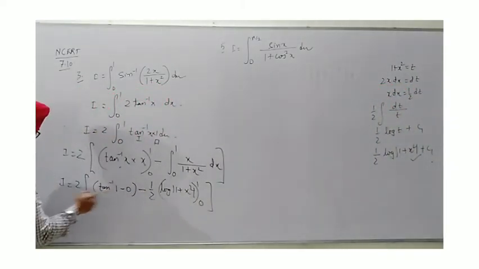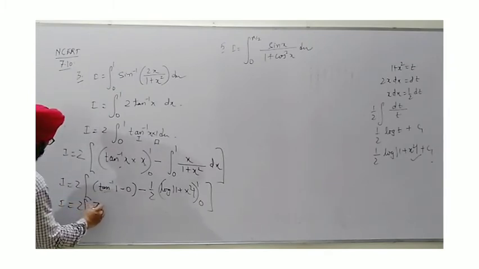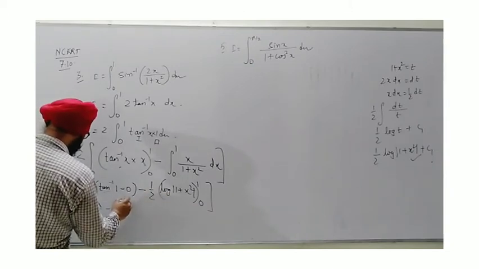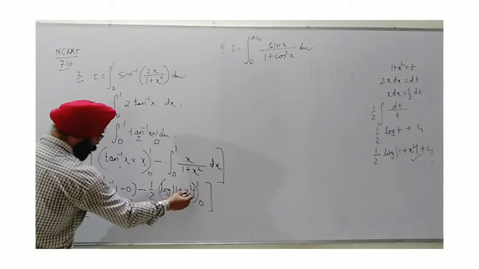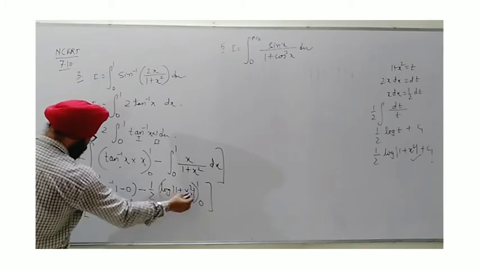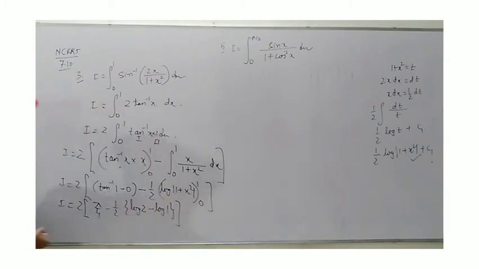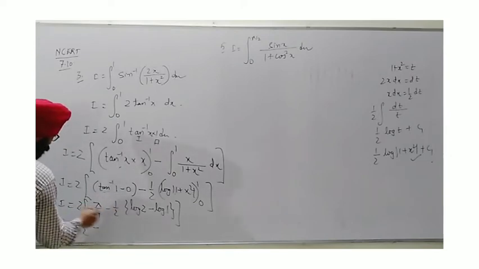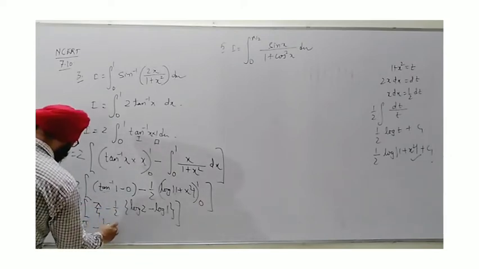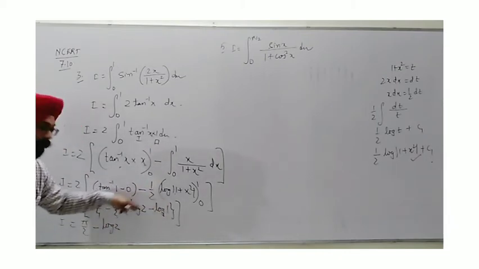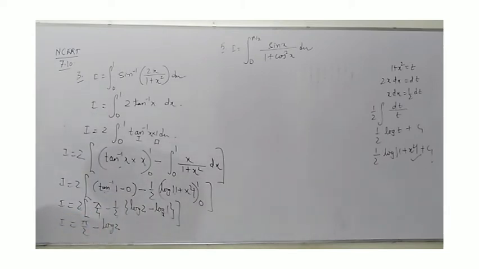Now the bracket gives us twice pi by 4. If I take here minus half, we get the first term as log of 1 square plus 1, which is log 2, minus log of 1 plus 0, again log 1, and log 1 is 0, so we get log 2 only, multiplying by 2. The final answer can be written as pi by 2. Here the 2 and 2 cancel out, only log 2 remains, and I have said log 1 will be 0, so there is no effect. From this bracket we get log 2, so this is the final answer, pi by 2 minus log 2.